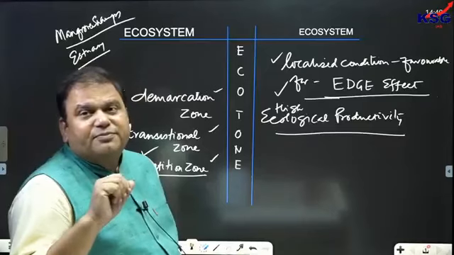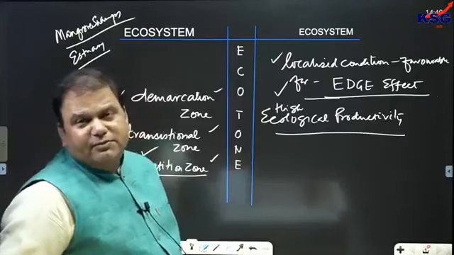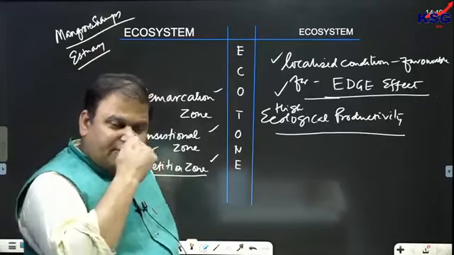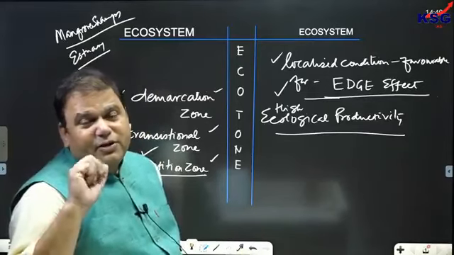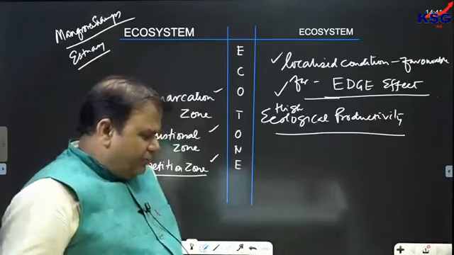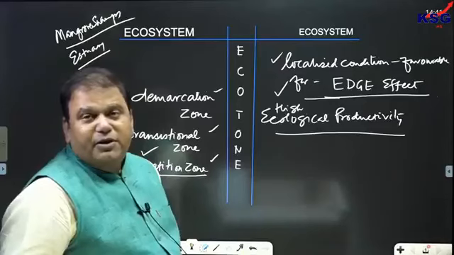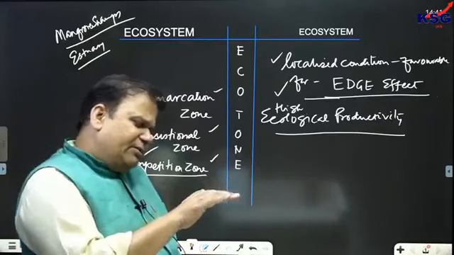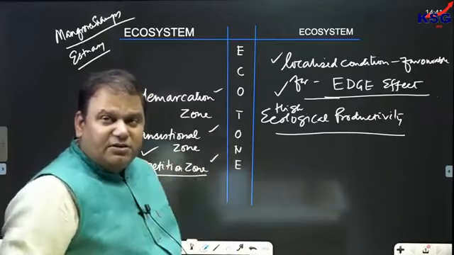Structure of the ecosystem. Because if the structure of the ecosystem is disrupted, if these species are taken out from the ecosystem, the structure of the ecosystem would be disrupted. So that's called keystone species. I give you an example. If you take out starfish from the marine coastal ecosystem, the entire coastal ecosystem gets disrupted, because there would be a sudden enhancement in mussels in large numbers.